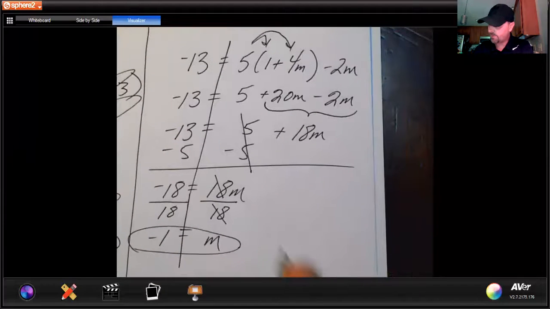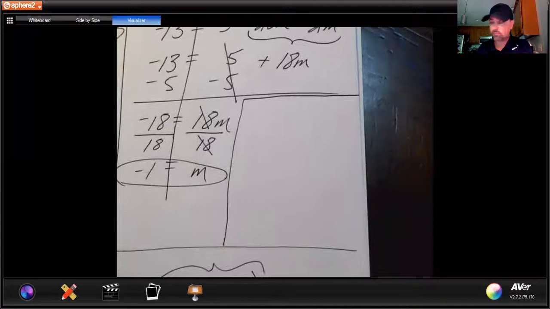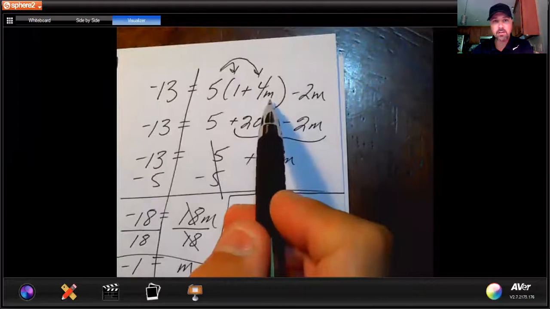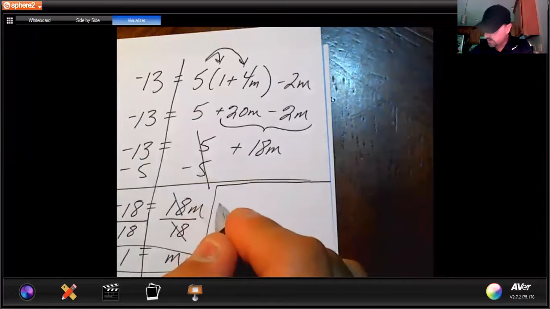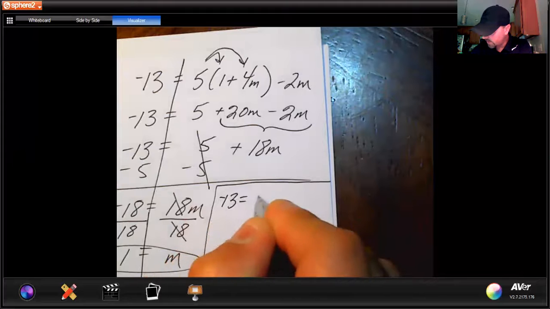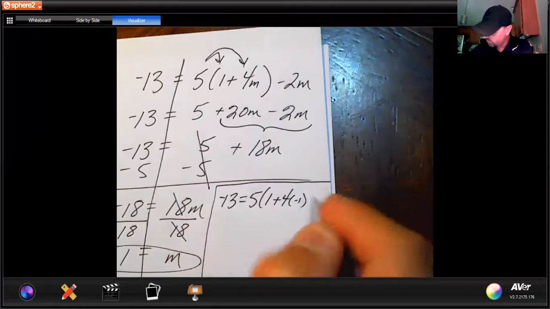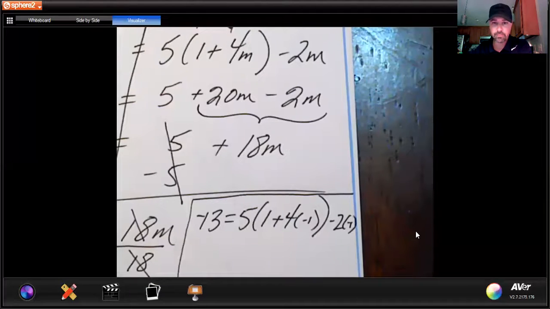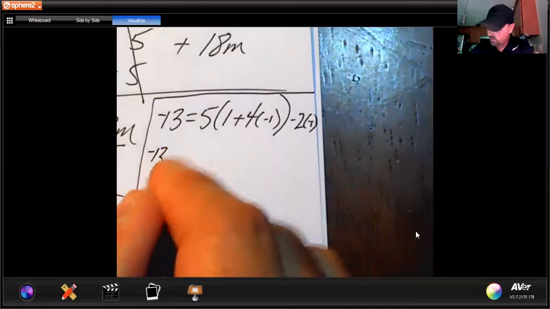All right, now I'm going to take this little space here, and I'm going to check my work. So I'm going to take negative 1. I'm going to plug it in for M in both of these places, okay? So negative 13 is equal to 5 times 1 plus 4 times negative 1 minus 2 times negative 1. Ooh. I have to zoom that in for you. All right. So negative 13 equals,